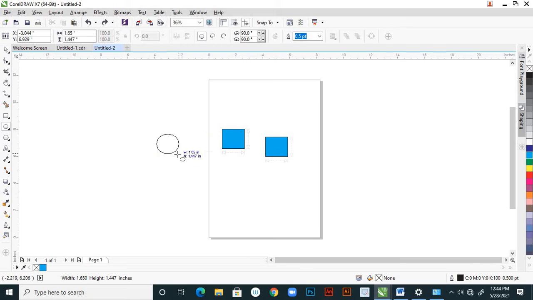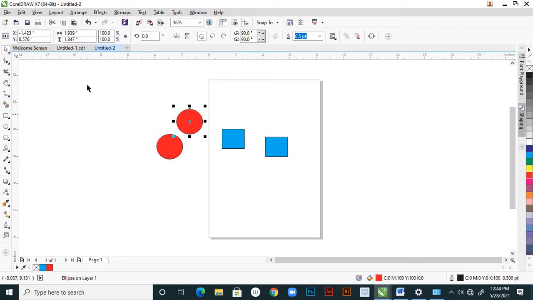I'm using a circle with red here, and suppose I press plus on the keyboard, so it will duplicate this.